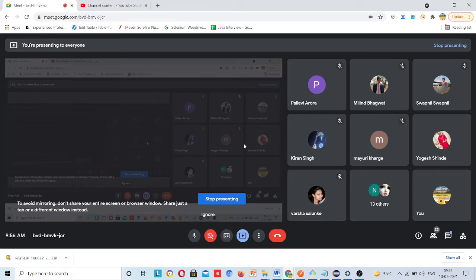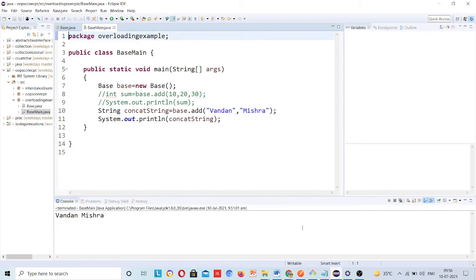If you have noted down the points, it is good for you: static binding is overloading, compile time polymorphism is overloading. If I ask you what is polymorphism, you will say sir, you have not covered it. But polymorphism is just this. Why is it said to be compile time polymorphism? Because when you are compiling your code, it is deciding which method it has to call. So this is overloading. Now I will go to overriding.